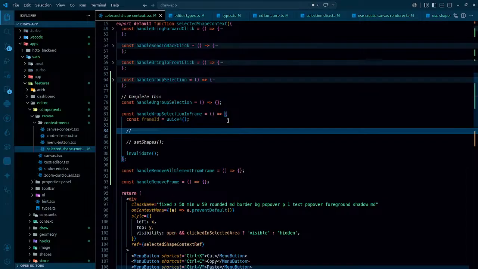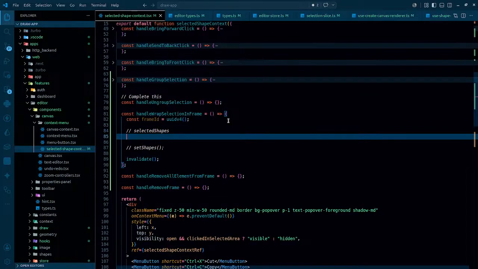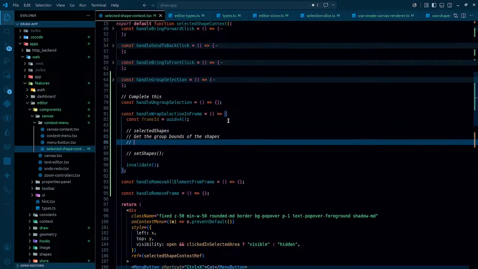First of all, get the selected shapes. After that, get the group bounds of the shapes. Then calculate group bounds. Once we have everything, then calculate x, y, width, height, at least these things,